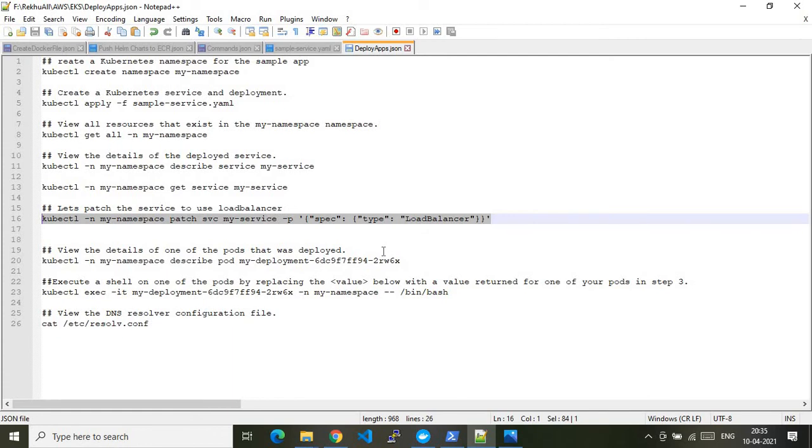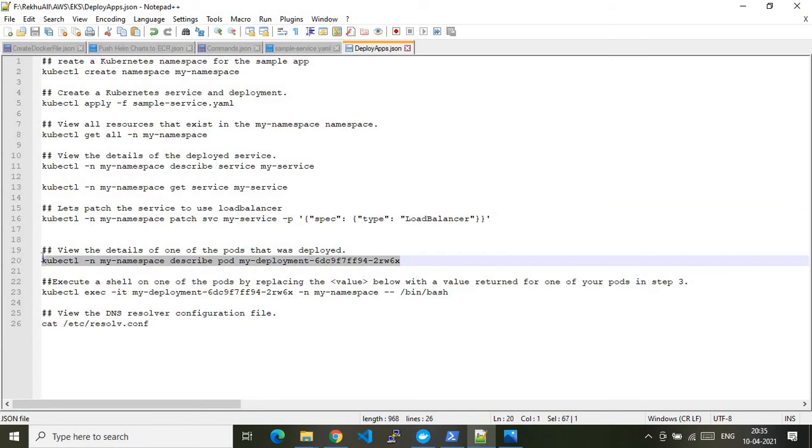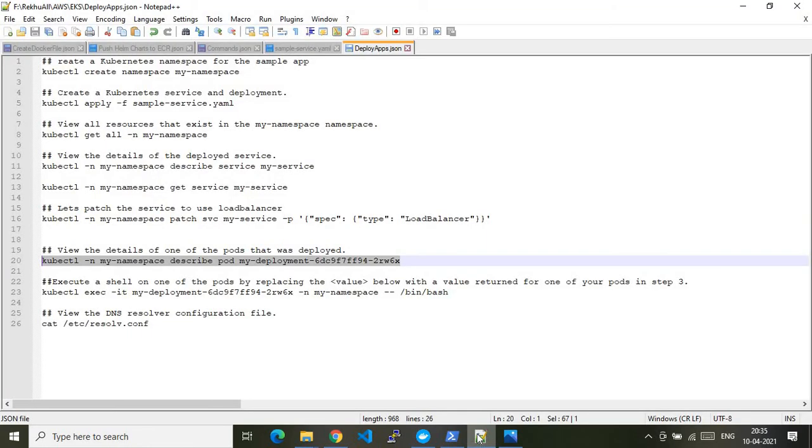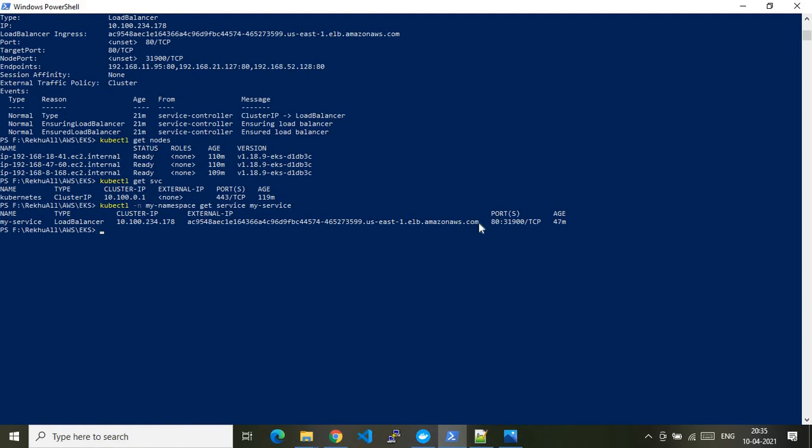The next command is to view the details of one of the pods which has been deployed. This is the command which tells you the details about your pod. Here again kubectl -n. Before running this command, let me show you that my application is running, which is a very important step. You need to access the application by using the external IP.